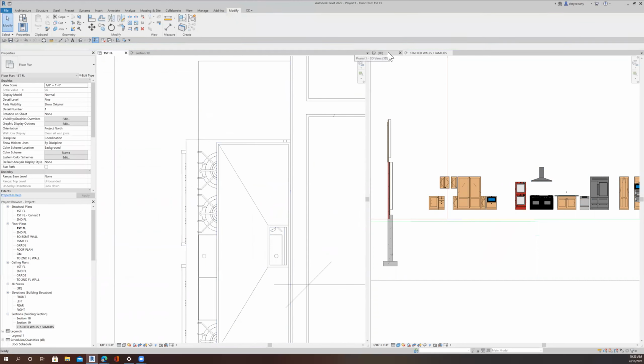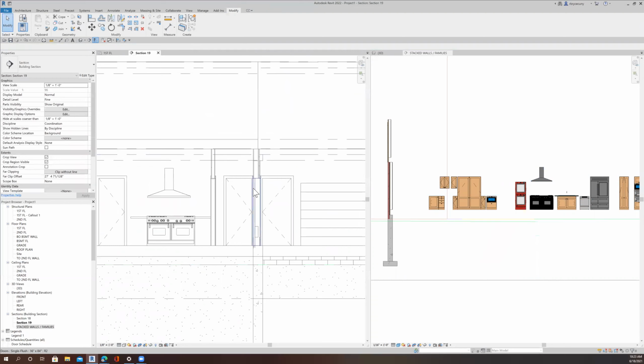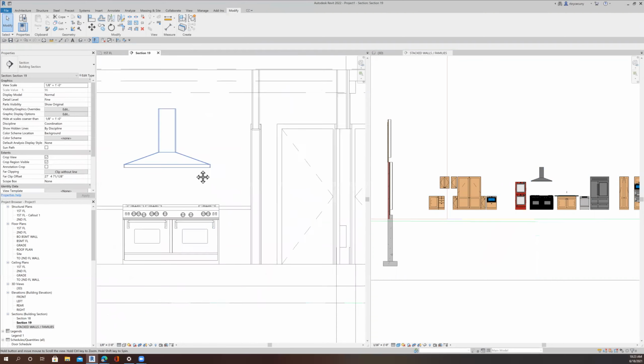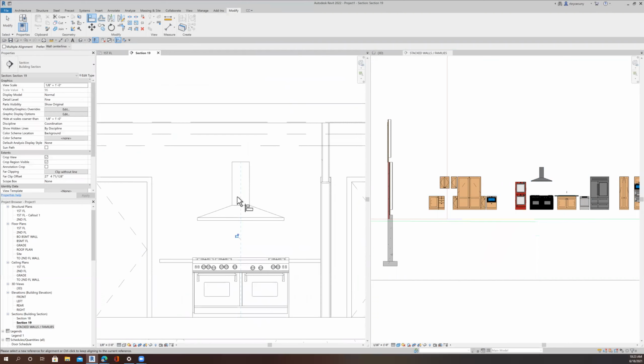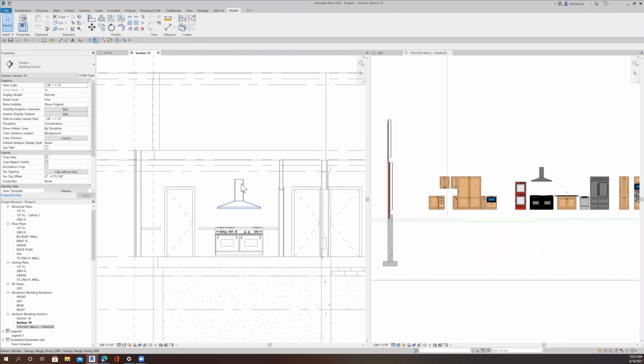We'll take a look at the section again, because I want the range to line up. The middle of the range hood should line up here. So let's do that. Here's my stove. Now they're lined up completely. And I do want this to go all the way up to the ceiling. So right now,